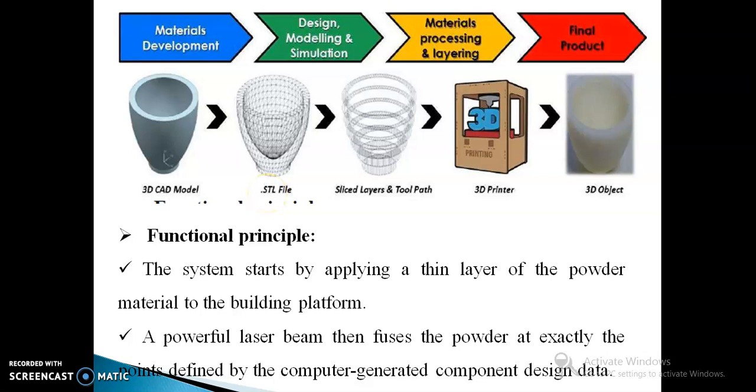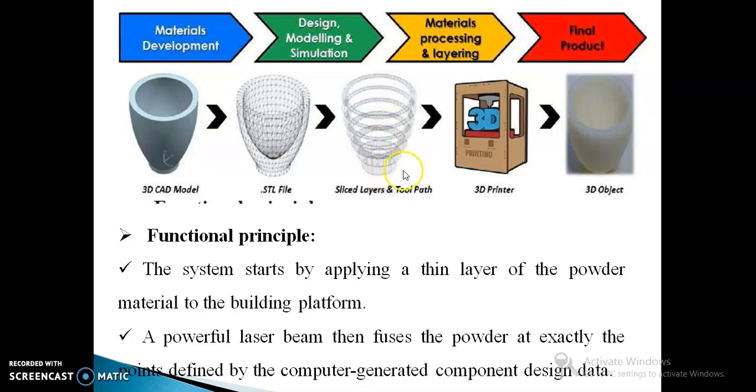This 3D model is generated with the help of the computer, and we have to read the information using the 3D printer or additive manufacturing machine. So we have to convert this CAD model into the STL file. After converting, the STL file is fed to the slicer. What is the main function of a slicer? Not a machine, sorry, slicer software. After feeding it to the slicer software, it will divide your object into slices,